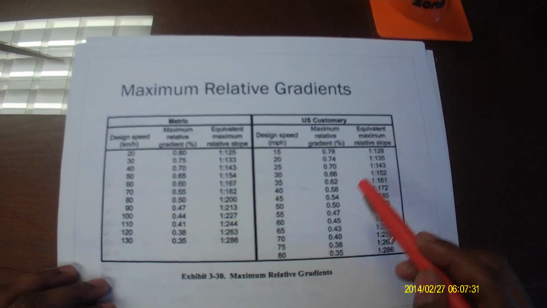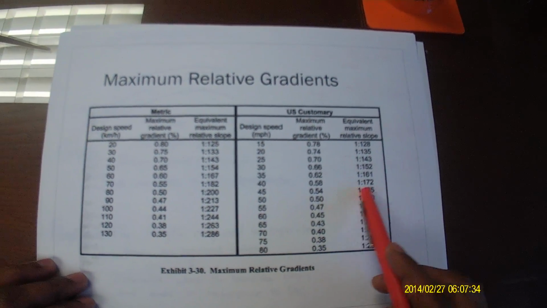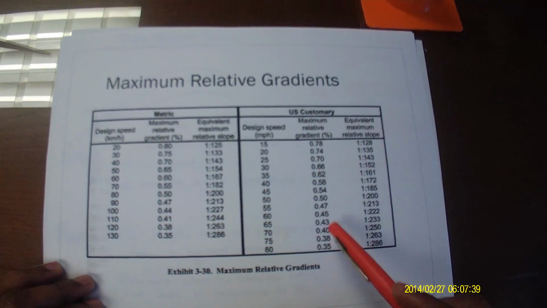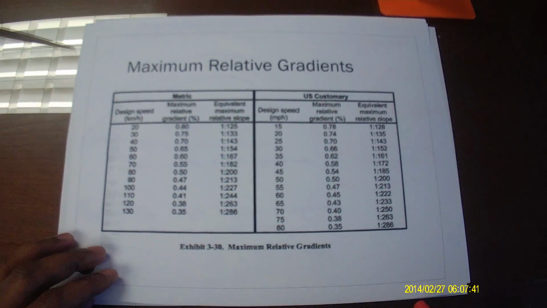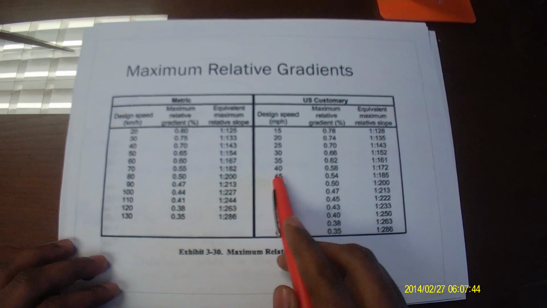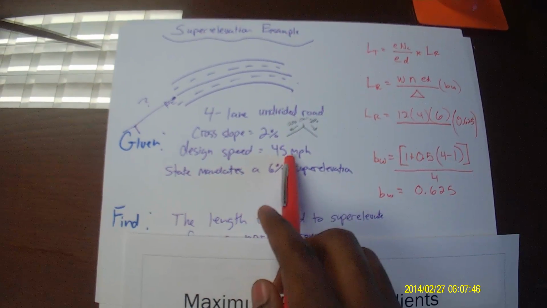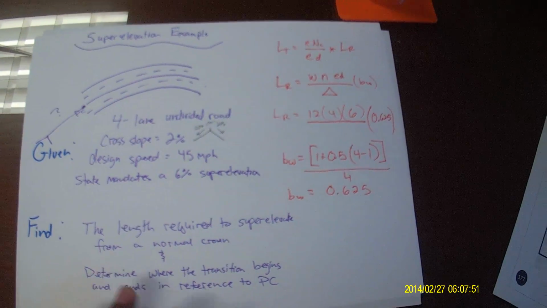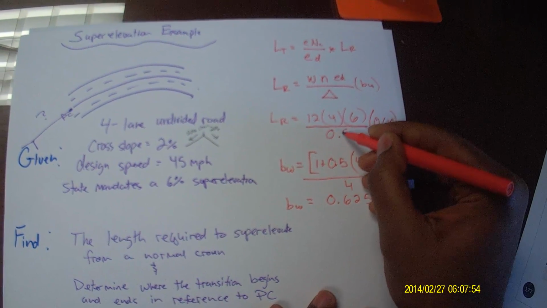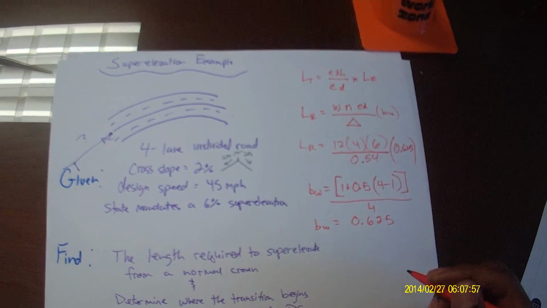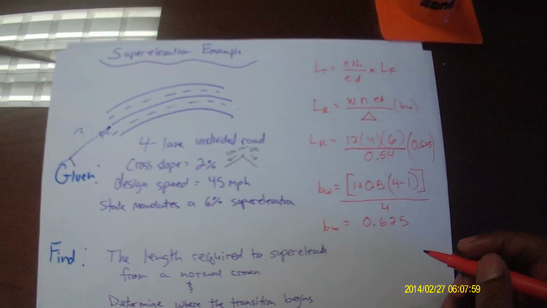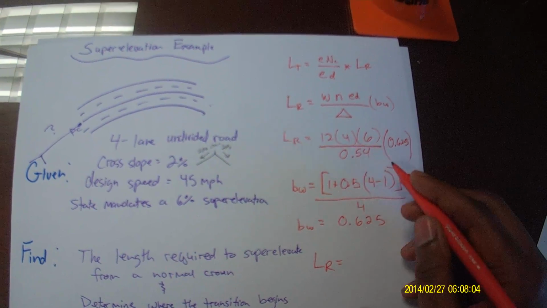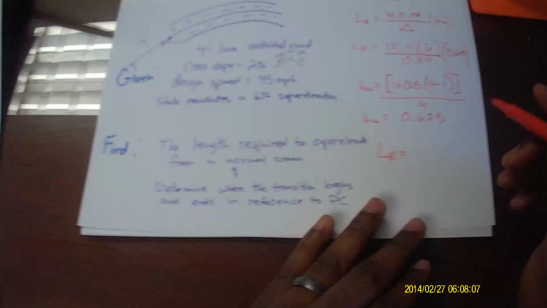Moving on to the relative gradient, I can see here that I should be using a maximum relative gradient in the percentage form. Using this, you can basically divide 1 over 185 and end up getting this, but that's in the percentage form. So the relative gradient that I end up getting for 45 miles per hour, because that was given to us earlier, is going to be 0.54. So 0.54 is what I'm going to use. So now I have my L sub r. When I multiply all of that out, I get